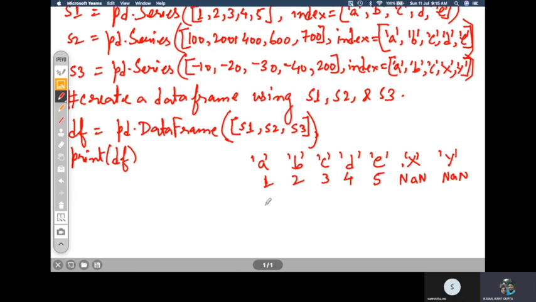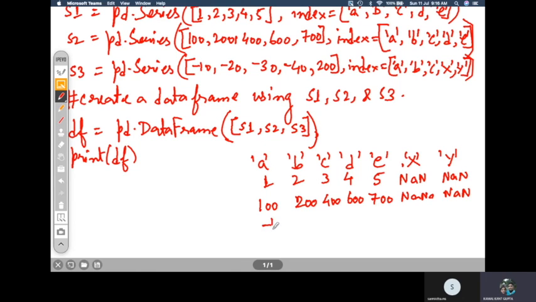Then what will happen to the next series, that is S2? We will have 100 200 400 600 and 700, and again NaN will be there. And then for the last one we have -10 -20 -30 -40 200 for ABC.